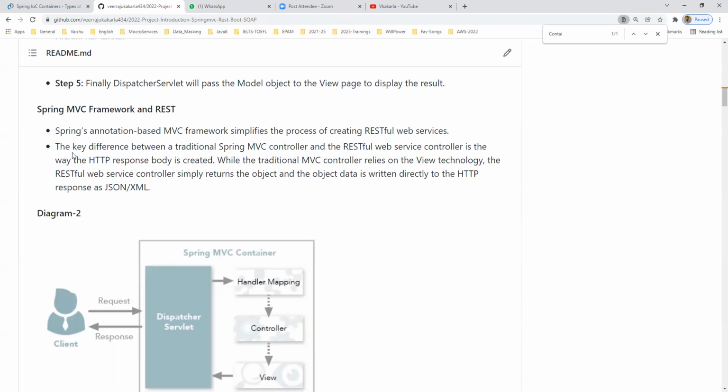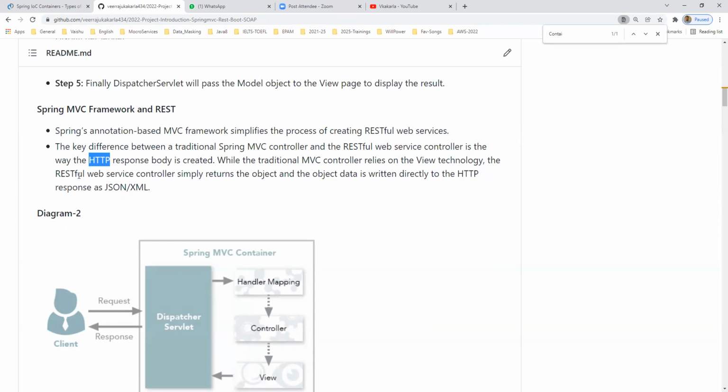It is a key difference between the traditional Spring MVC controller and the RESTful web service controller: the way the HTTP response body is created. Here the HTTP response comes directly, while the traditional MVC controller relies on view technology, which is why we have view resolvers. In Spring REST, the response body comes directly to the HTTP calling place only, right?